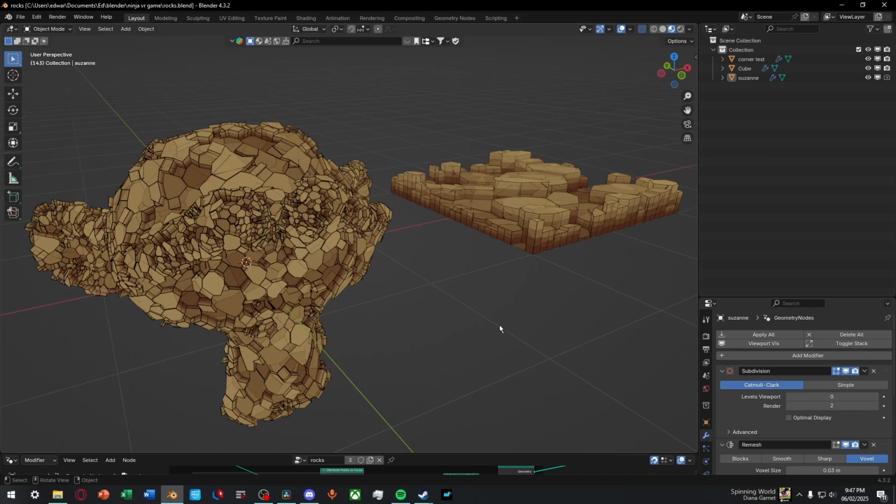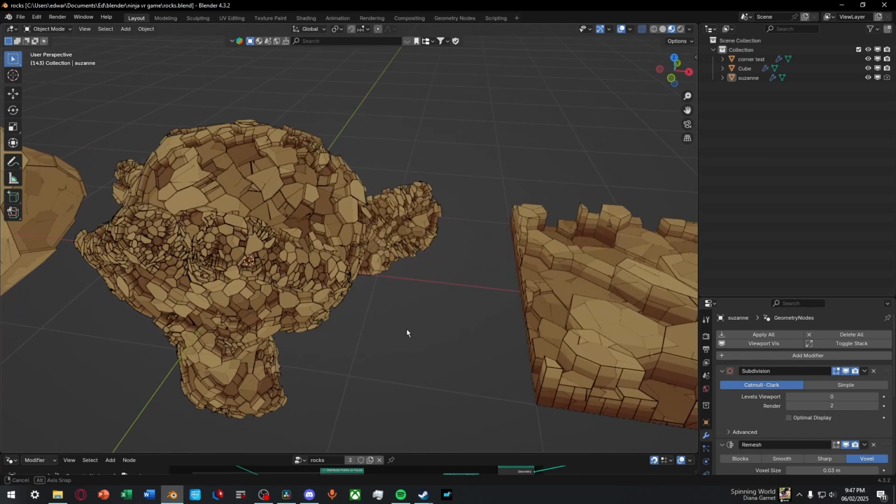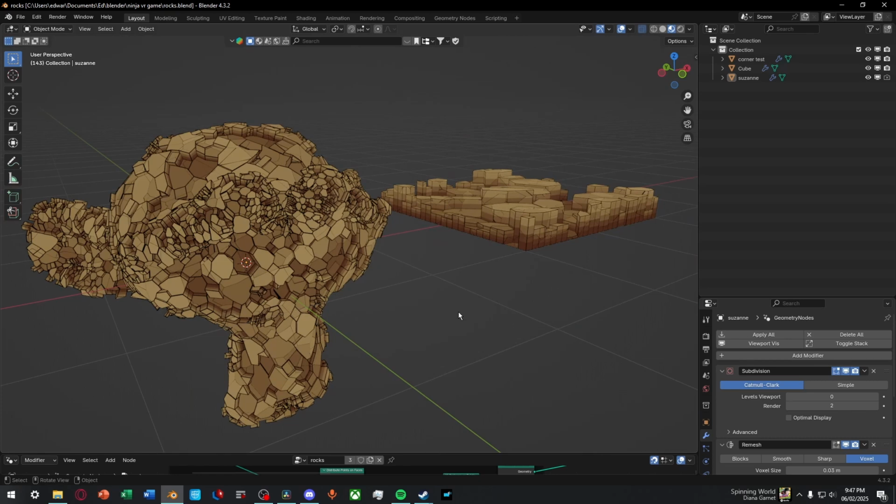Stylized rocks. Let's get to the point. I'm going to teach you how to make this procedural node group that can turn any object into stylized rocks. We're going to go through the basic concepts and also the little touches that I added to make it stand